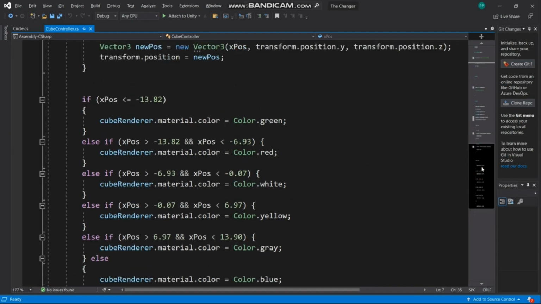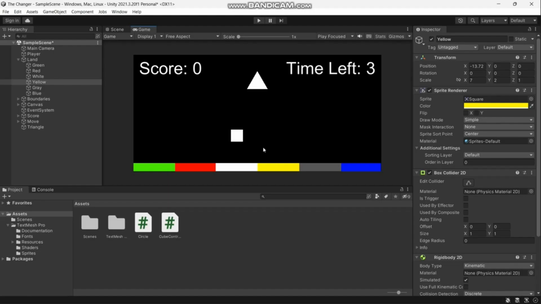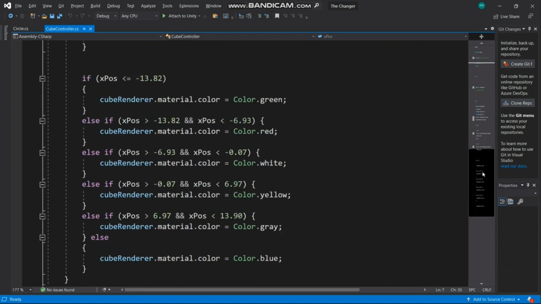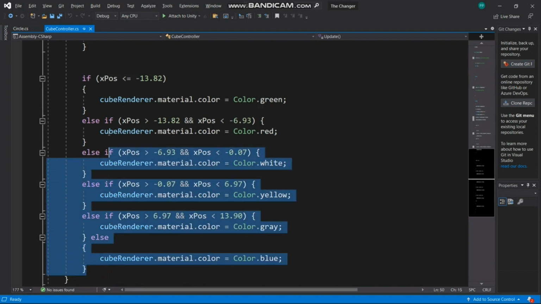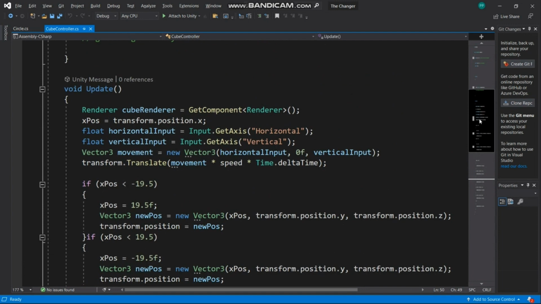And I know there is an optimal way to do it by getting the other object and getting the renderer of that object, but I used this because I didn't want to put in that much effort. That's why I got the axis, right? I know that's not a good way, but whatever. And the movement of the cube